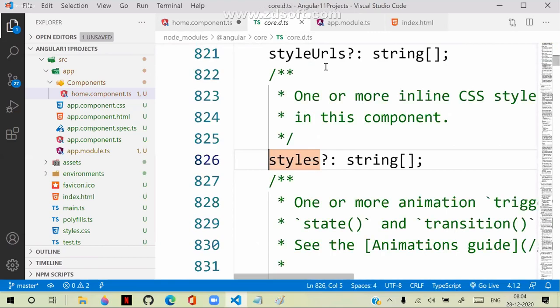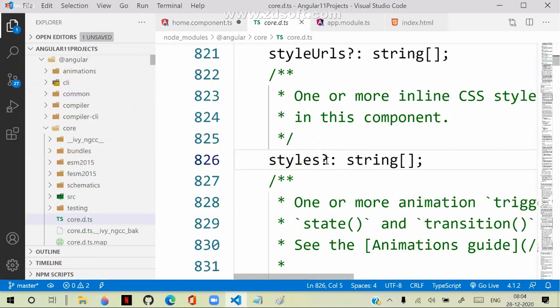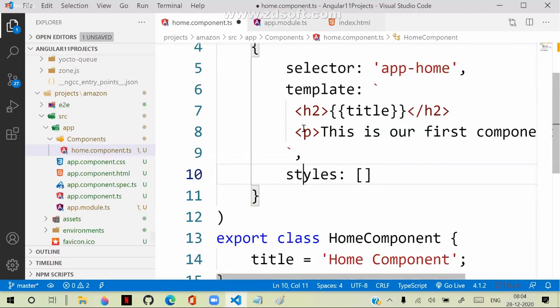It will take you to the definition where it will show what it is and what type it is. And you know that a question mark indicates that it is optional. And string with square brackets indicates that it is a string type array. You can go to the definition of every property first to understand what the type is, what it will accept, and how it will accept. Then you can use it.